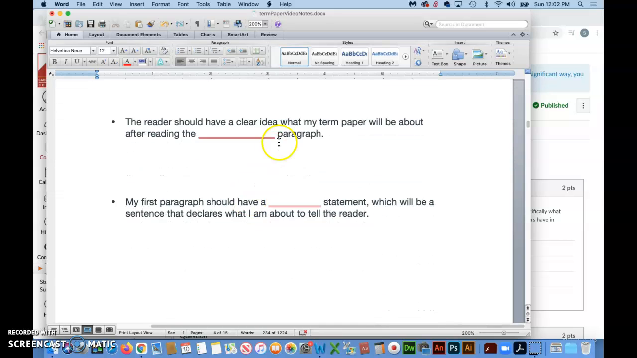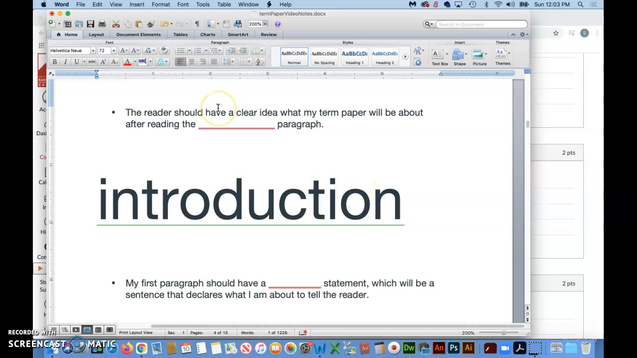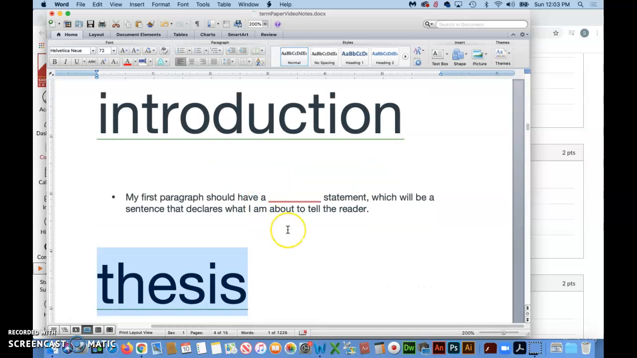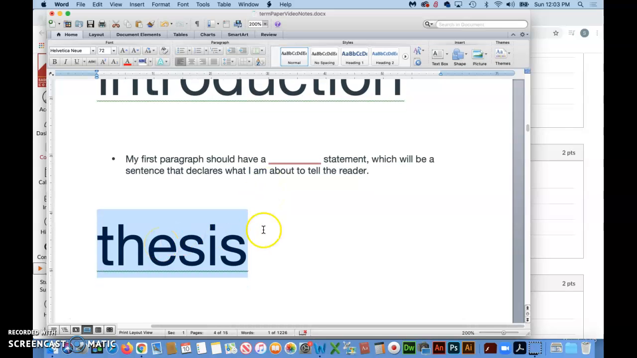So the reader should have a clear idea what my term paper will be about after reading the introduction paragraph. And then next question, my first paragraph should have a thesis statement, which will be a sentence that declares what I'm about to tell the reader. All right, so your reader will know what they are going to be reading about after reading the introduction paragraph of your paper. The introduction paragraph will have a thesis statement that declares in one sentence what you're about to